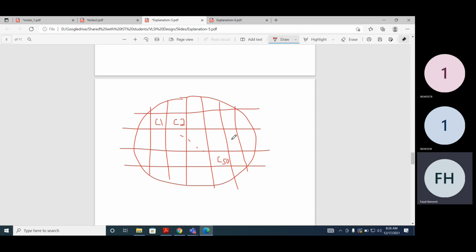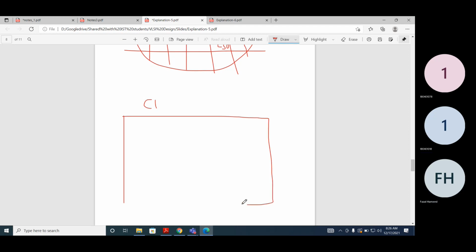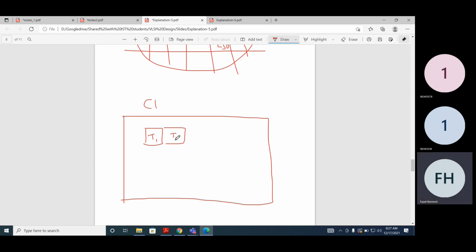Now let's assume we look at one chip, chip C1. There will be different transistors on this chip, and let's assume there are three transistors, T1, T2, and T3.